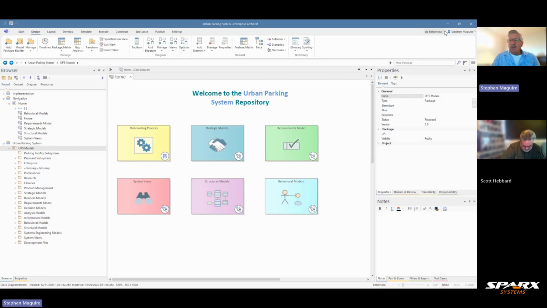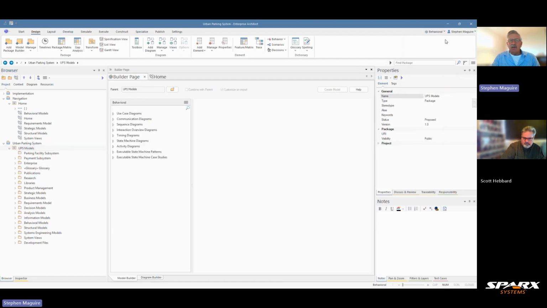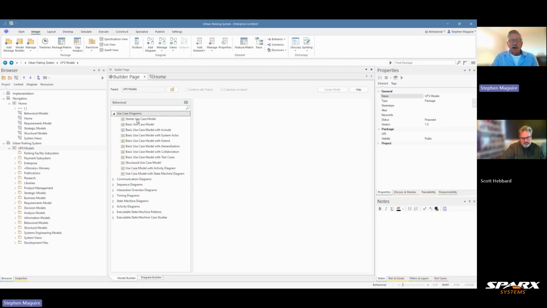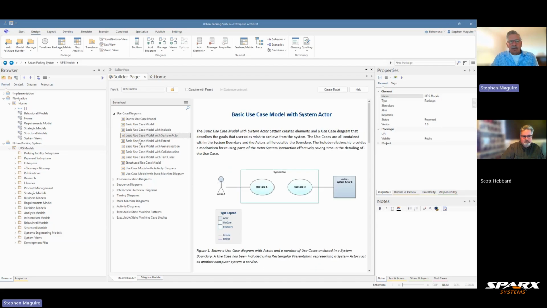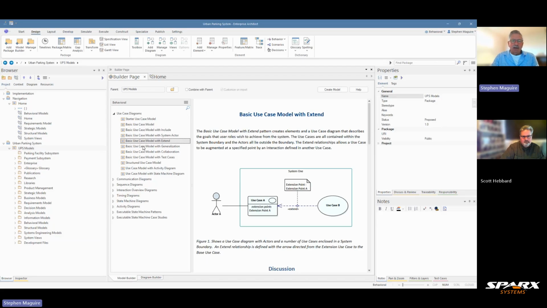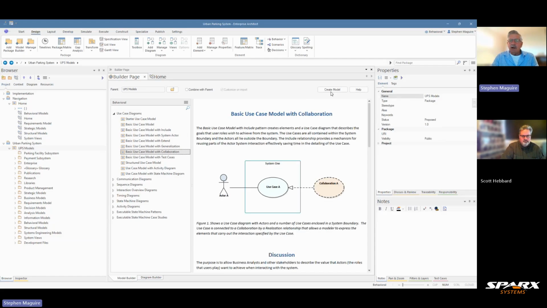I always like to set my perspective, Scott. Up in the top right hand corner of the application, you can see here we've got UML and we've got behavioral modeling. I've got that selected. That changes the application into focus on use case modeling, and you can see here the builder page has popped up, and we've got a number of different patterns that we've got available to start modeling. So this can be very useful for a novice modeler, experienced, advanced, or an expert modeler. You can put these into your application directly by clicking on the Create Model button there, and that will inject